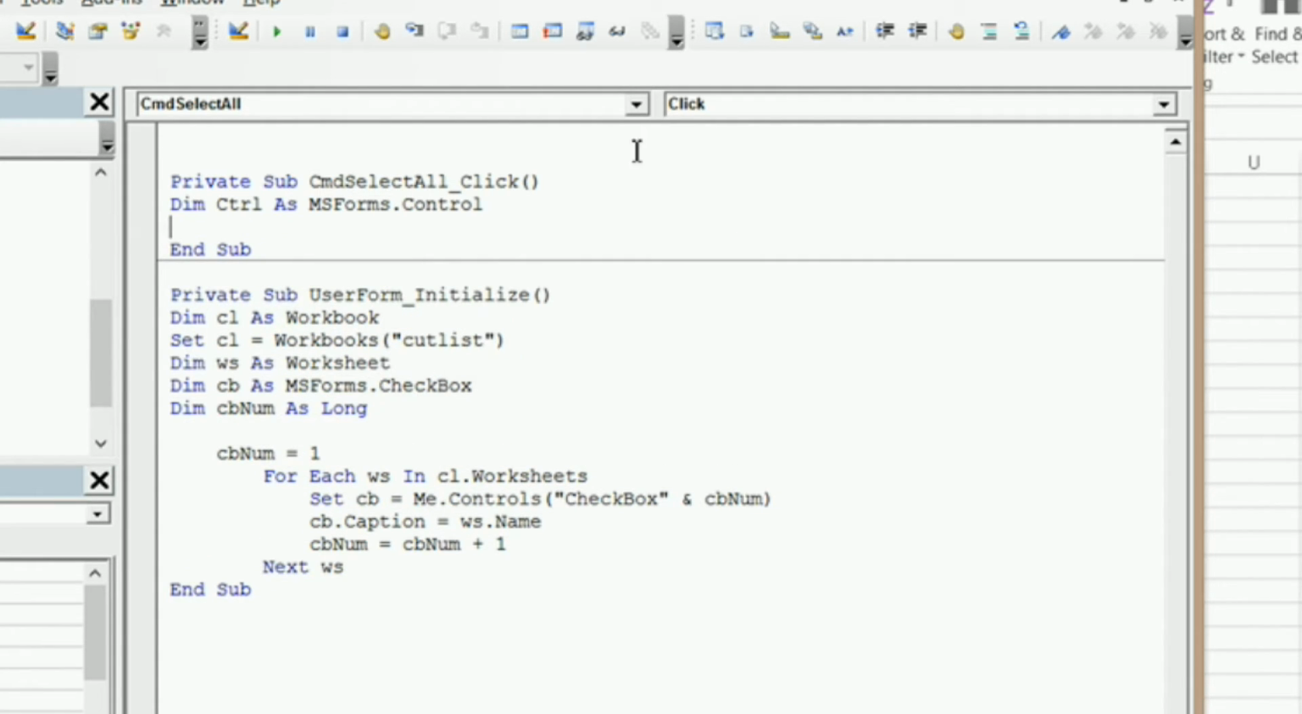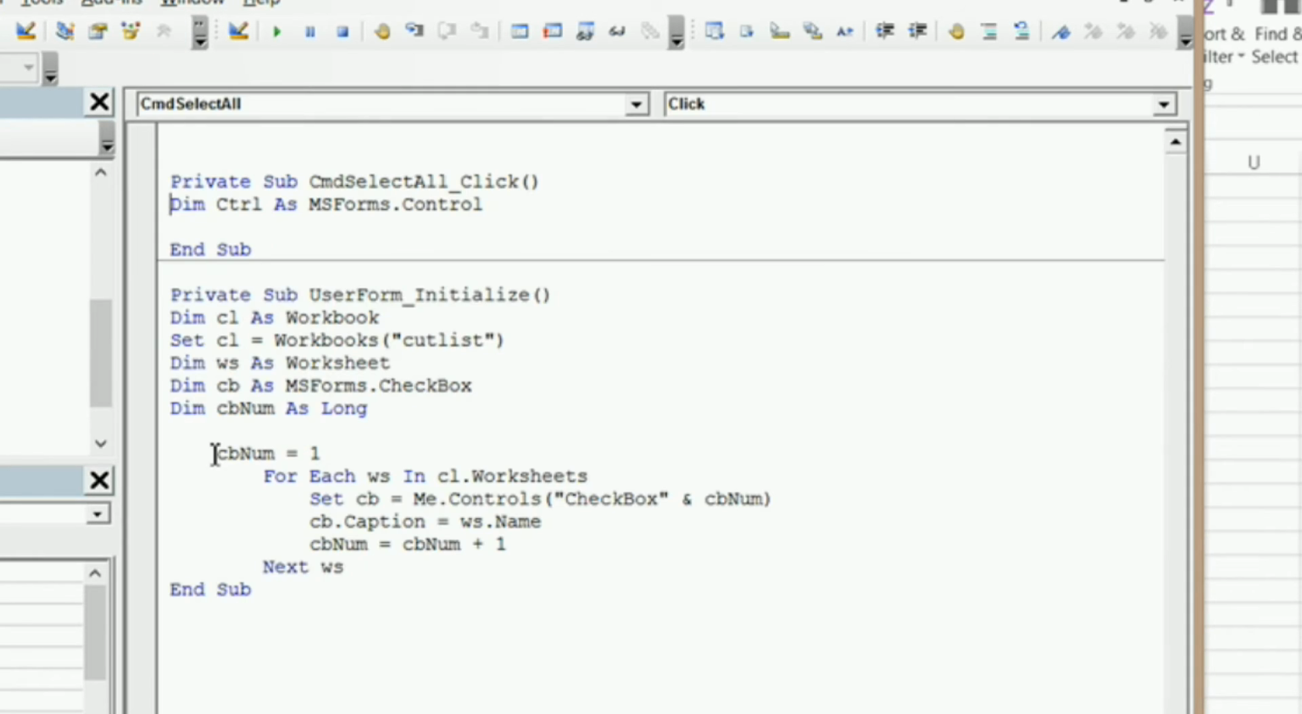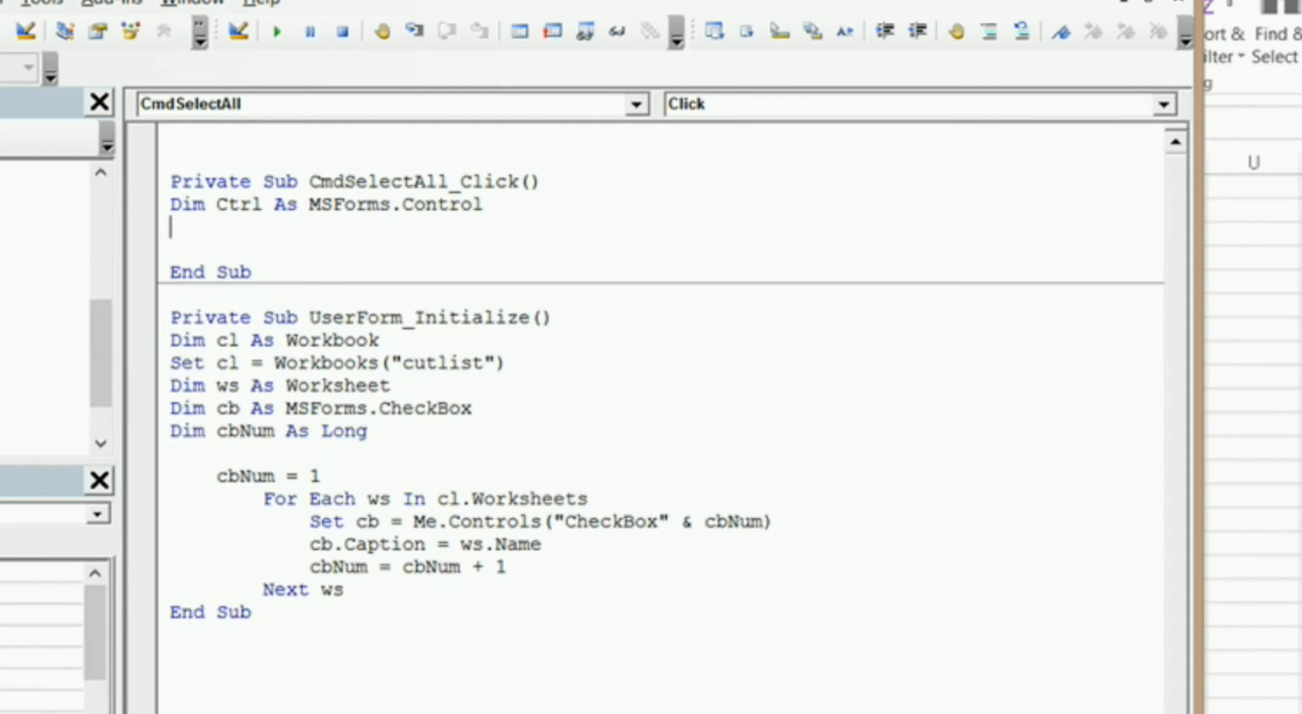And now I need to do a for next loop, and what I'm going to do is I'm going to loop through all the controls in this user form and check to see if it's actually a checkbox. If it is a checkbox, then we're going to put a check in it. So let's get back into our module here and start our for next loop, and it's going to be For Each ctrl In Me.Controls,